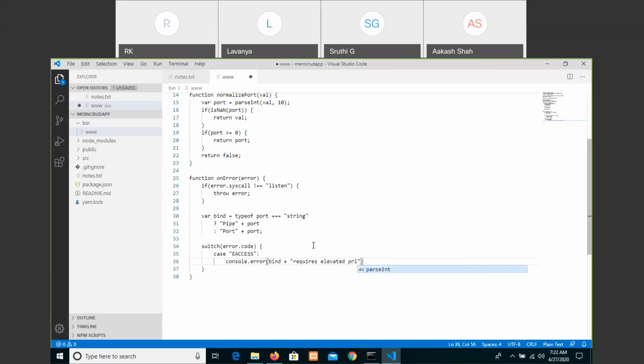That is saying that if there is no accessibility, then you have to show the message that we don't have the privileges or permissions. That's what you can say.